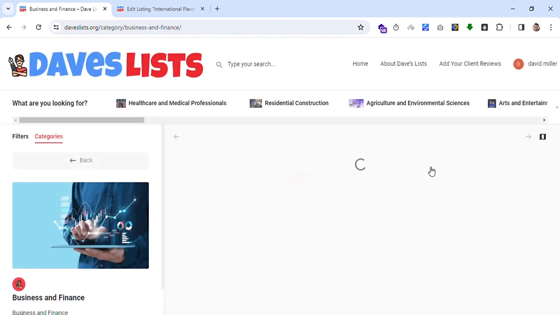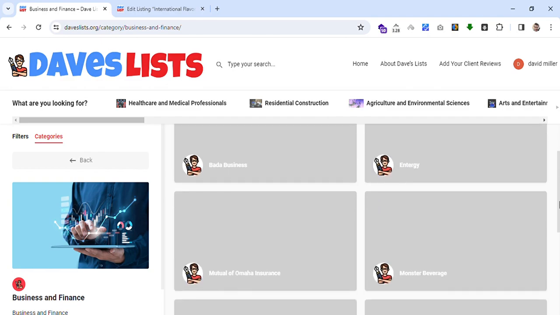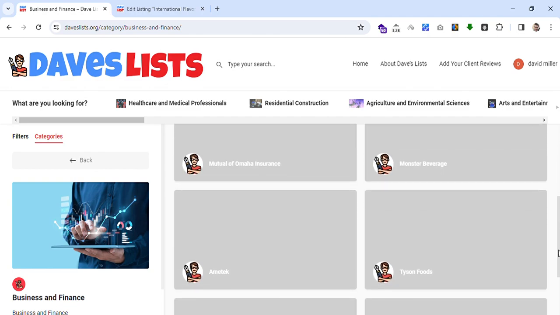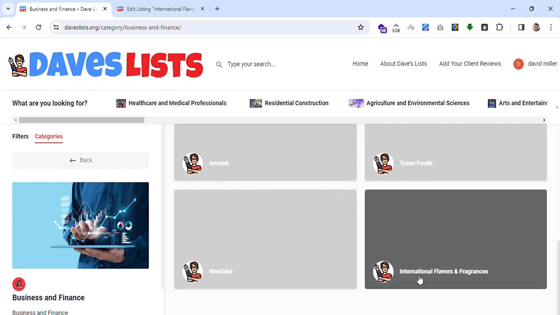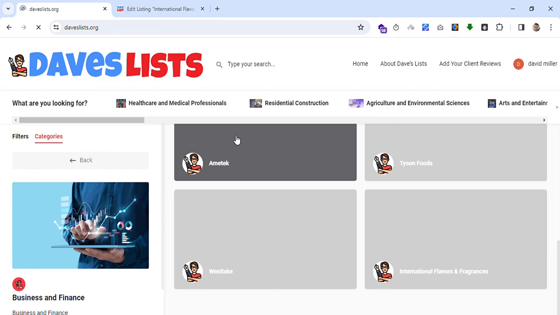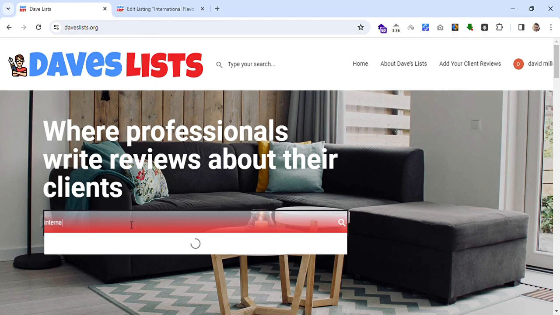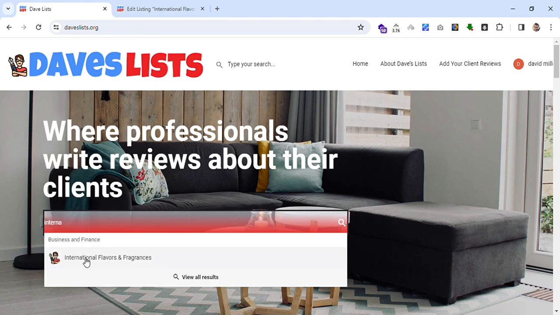If I click on that, it will show the list of all the companies coming in that category. So I added this International Flavor and Fragrances. After adding this category, the user can also search, like I'll search this category, like international. So you can see this company is now coming in search. So the user can search a company, click on that company,